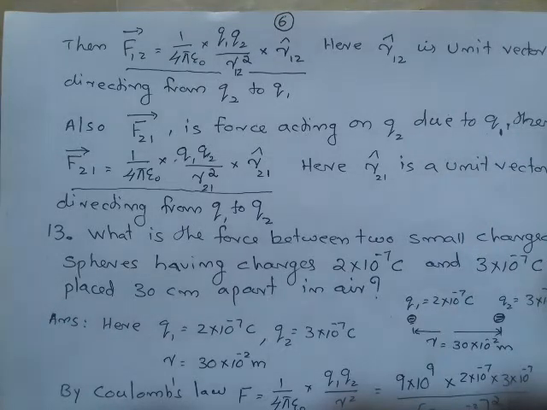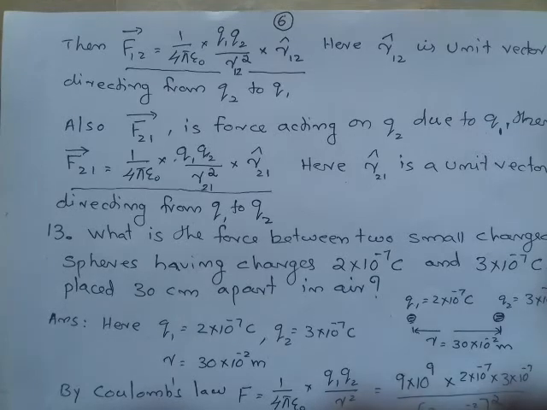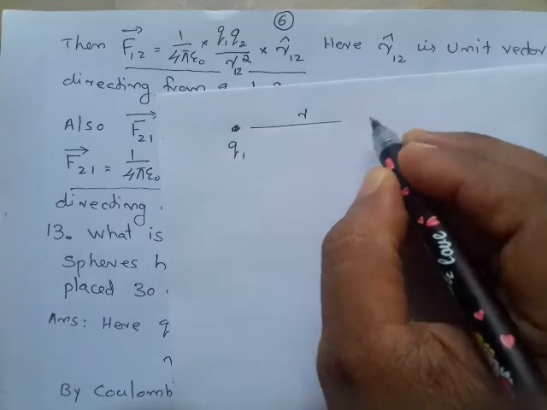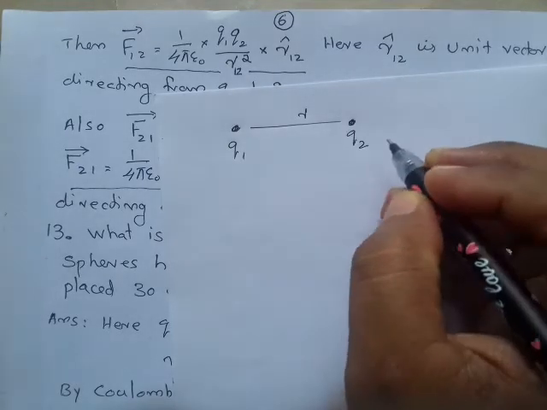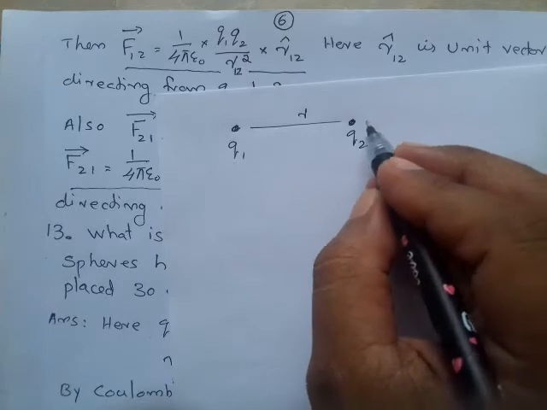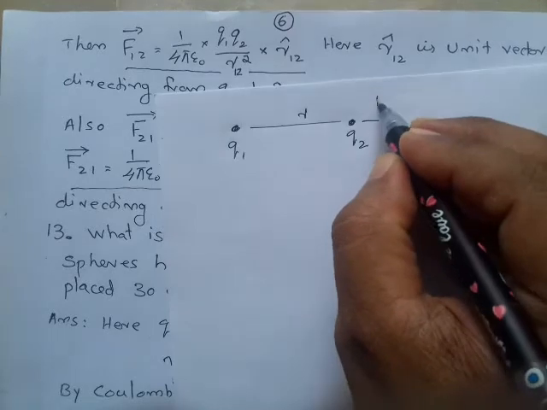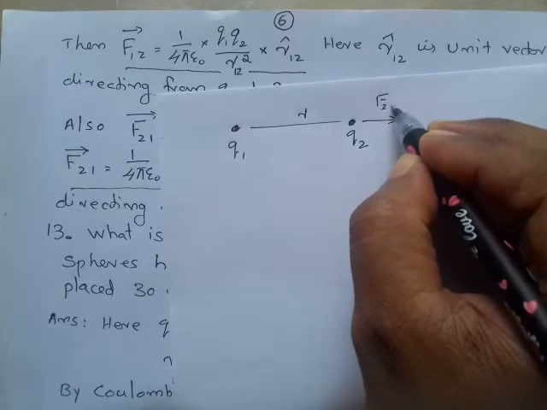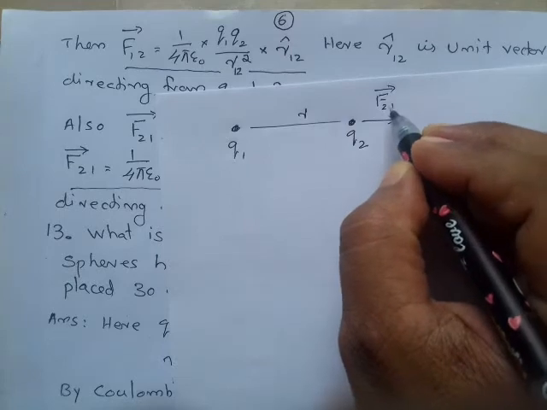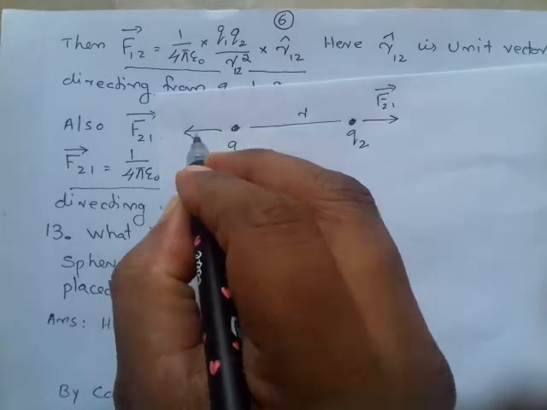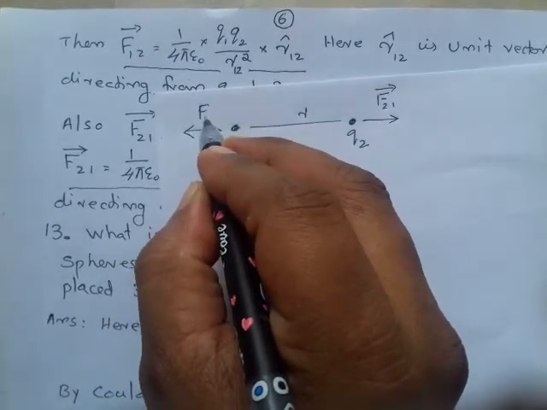We are discussing Coulomb's law in vector form. There are two charges, q1, and at a distance r there is q2. Both are positive charges. The force acting on q2 is in this direction and is represented by vector F21, and the force acting on q1 is in this direction, which is vector F12,